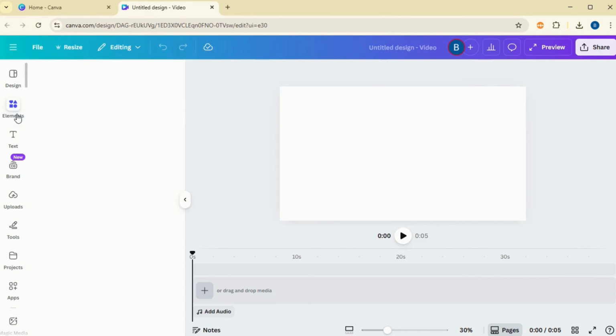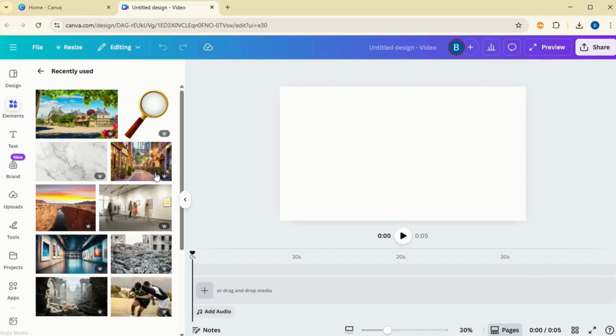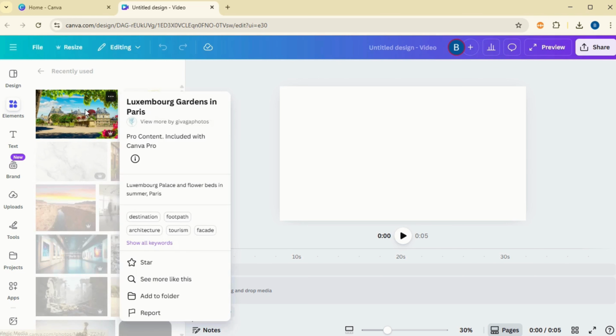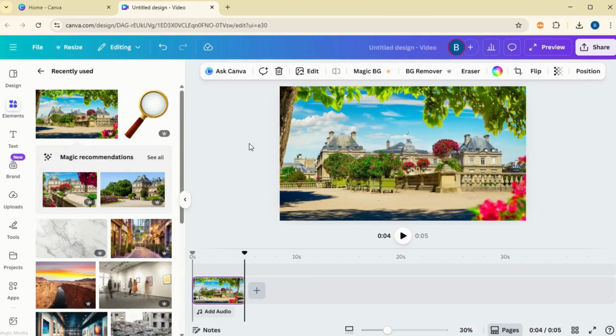Next, I'm going to go to elements, and under recently used here, I'm going to use this picture, which is of Luxembourg Gardens in Paris. So I'll click on that. Next, I'm going to add a slide,